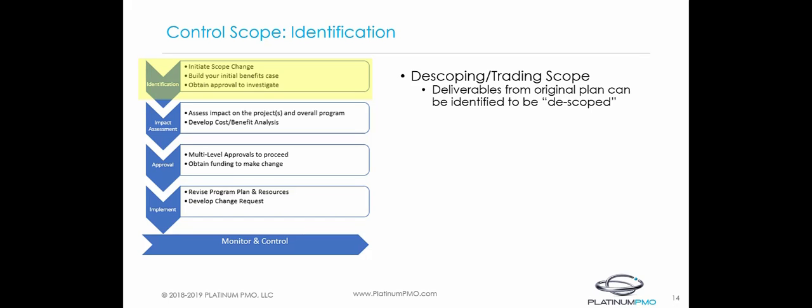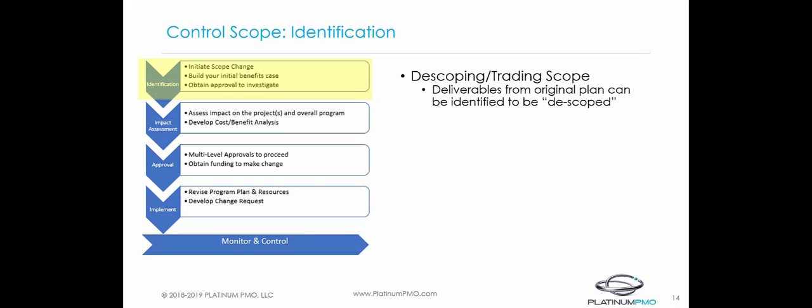When we think of scope and scope creep, we are usually looking at it from a point of view of adding scope. But there are those occasions where the needle goes the other way. When we built our original plan and estimates, it was with the best intentions and with the best knowledge that we had at that time. However, things change, life changes, and sometimes our estimates are off. Where we had planned to build 50 integrations, maybe it only turns out that we need 45 integrations. In these situations, we still want to put a change request through our scope management process as a descoping change request. We will follow the same process, but our benefits case will be more geared towards project savings instead of